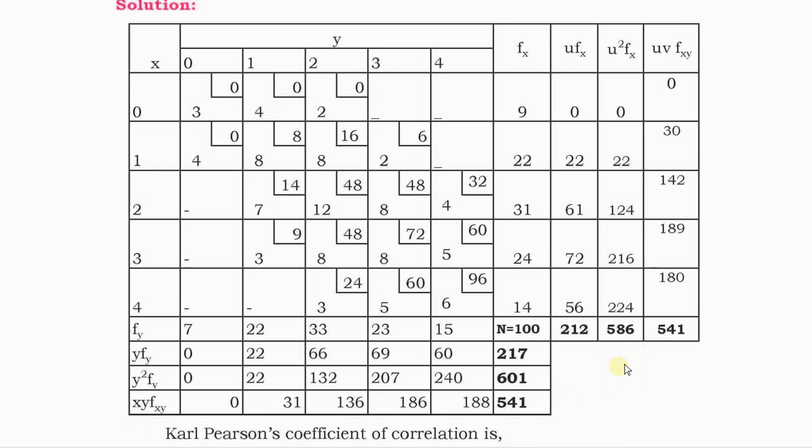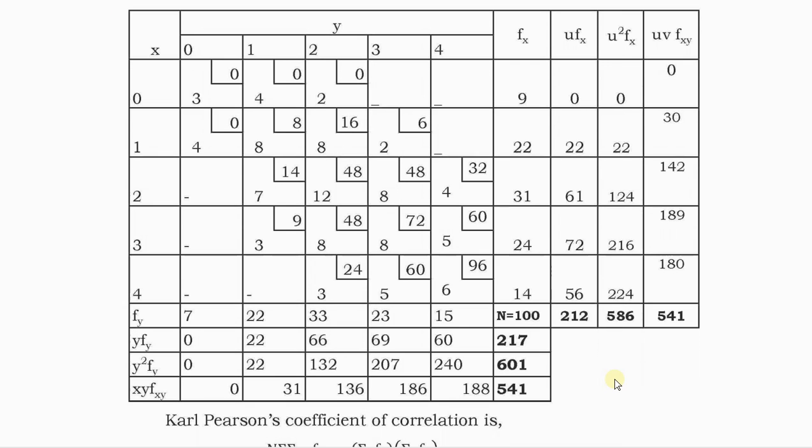These two columns should result in the same total. These two here, these two, and here these two may differ, but this and this should yield the same result. You should get the same totals, which verifies that you have solved the table correctly. Otherwise, if these two differ, then there is a mistake in your calculations. You have to correct them.